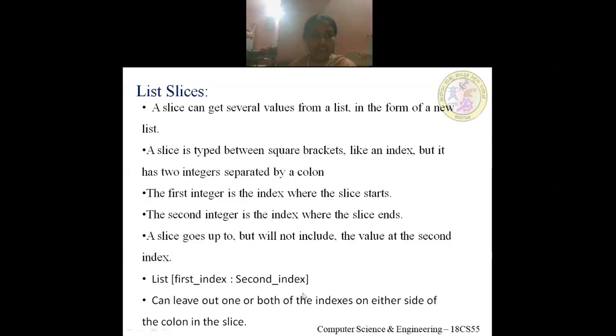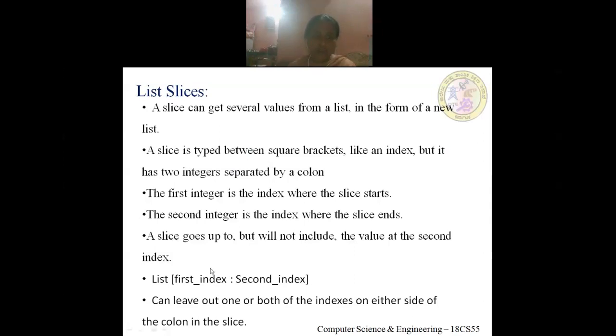The first integer is the index where the slice starts, from where you start to retrieve the data from the list. That is the start index. The second integer is the index where the slice ends. The slice goes up to but will not include the value at the second index.